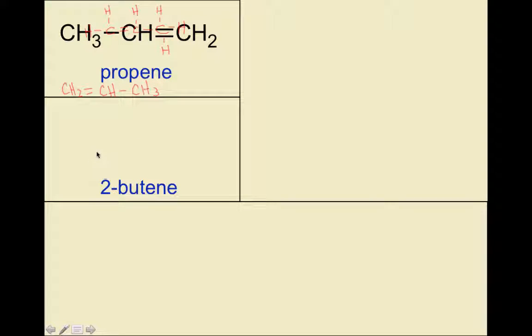Alright, 2-butene. Alright, I know I have an alkene. Whoops. I have to activate my pen again. 1, 2, 3, 4. I am going to have my double bond on the second carbon. And if I were to add all of my hydrogens, this would have 3 hydrogens. Each of these would only have 1 hydrogen, and this would have 3 hydrogens. The condensed structure would then look like this: